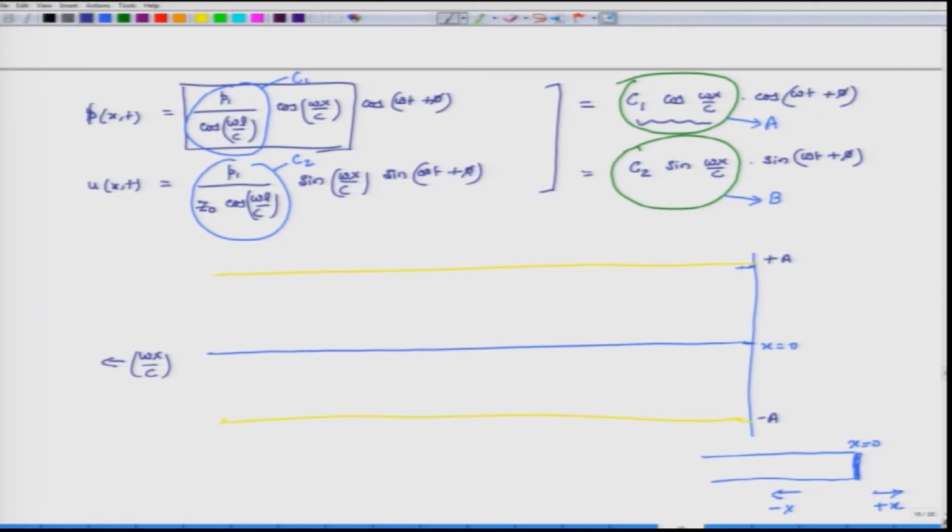So, at x is equal to 0, here this is 0 radians, then I have pi over 2, pi, 3 pi over 2, 2 pi, five pi over 2, 3 pi, and 7 pi over 2, and then this is 4 pi,